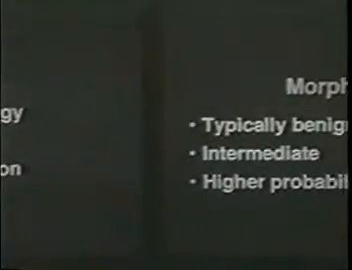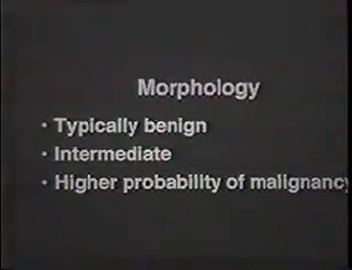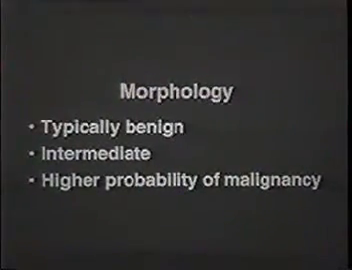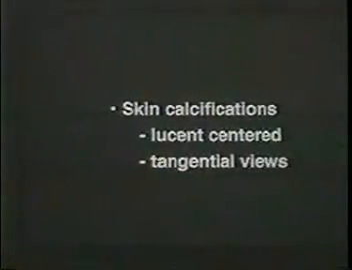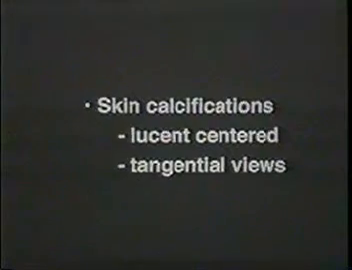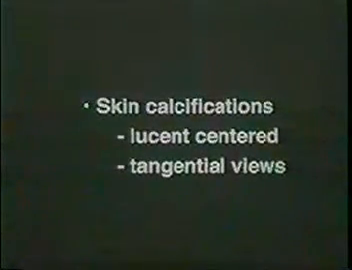And all of these terms are not only descriptive, but should be related to the likelihood that a lesion is malignant. For the morphology, calcifications are generally classified as typically benign, intermediate, or those that have a higher probability of malignancy. Those that are typically benign include skin calcifications. These typically have lucent centers, and if we're uncertain that they're in the skin, we can verify their location with